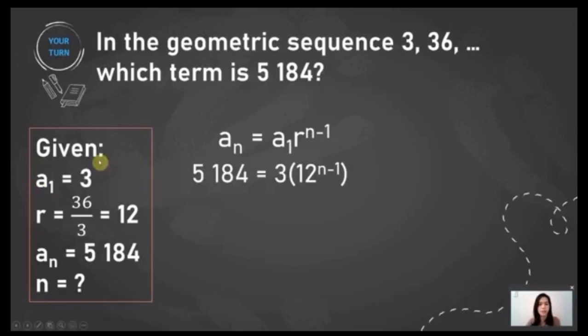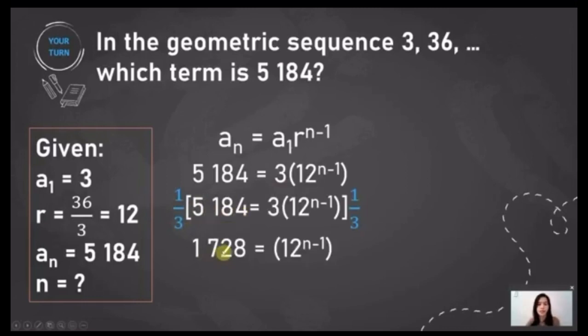Substitute all the given. A sub n is equal to 5184. A sub 1 is equal to 3. R is equal to 12. Then copy n minus 1. Next to this, we have to multiply 1/3 on both sides. So 1/3 times 5184 is 1728. Next, 3 times the quantity 12 raised to n minus 1 times 1/3 is now 12 raised to n